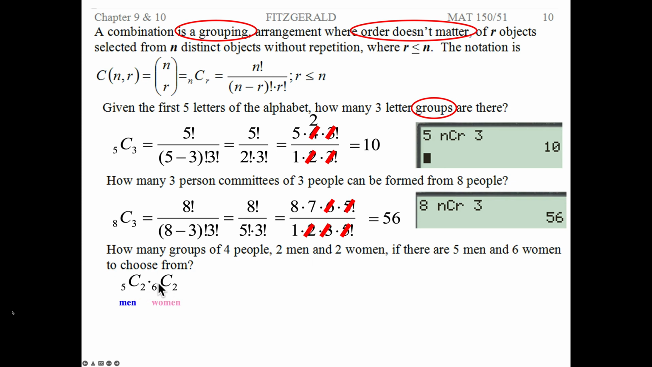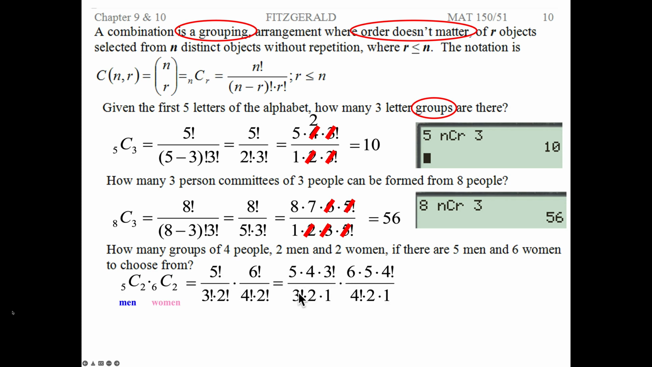It doesn't matter which order you find these in, but you have to multiply the 2 numbers together. So 5 factorial over 5 minus 2, 3 factorial, times 2 factorial. 6 factorial over 6 minus 2, that's the 4 factorial, times 2 factorial. So we'll count it down, 5, 4, 3 factorial, count down the 2. Count down to 6, 6, 5, 4 factorial, match it with the 4 factorial, count down the 2, and we